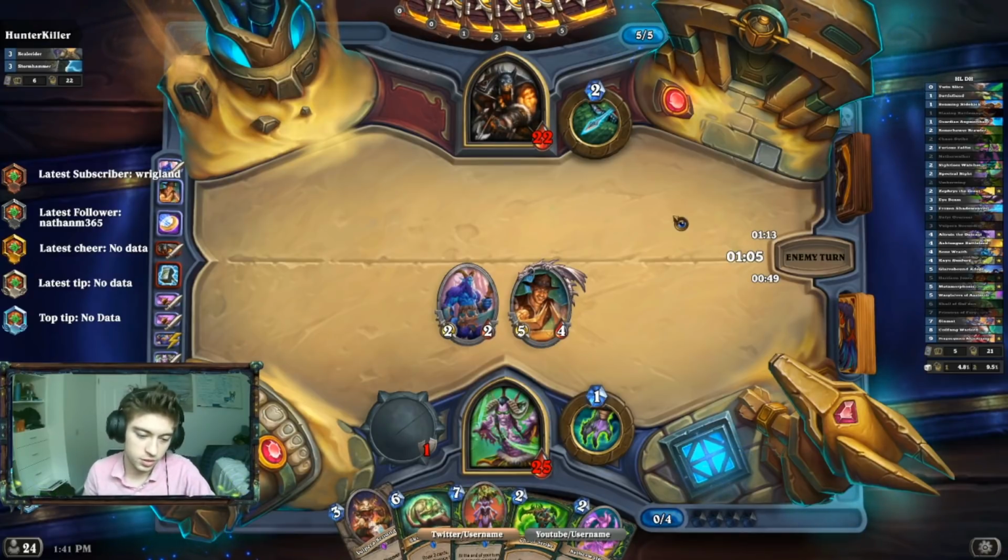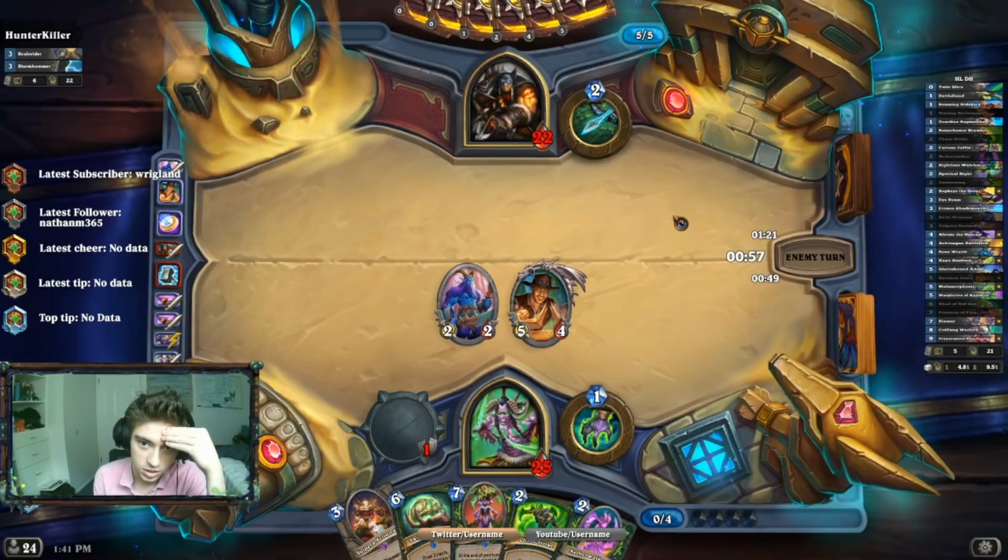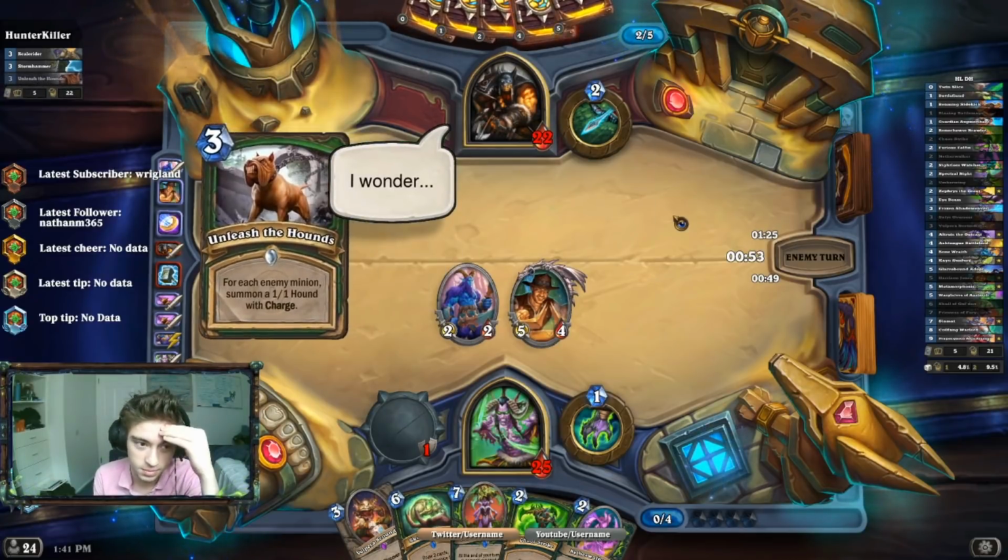Okay, Priest of Fury turn 7 is sick. We have Skull of Gul'dan, that's fine. I don't know, I think killing the weapon was the right choice. Because part of me hoped that maybe, just maybe, he was gonna keep...